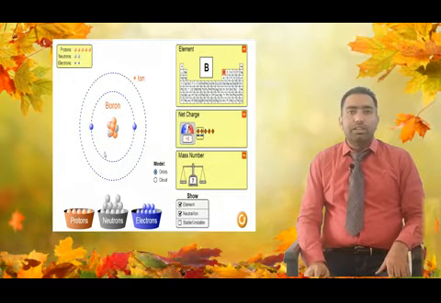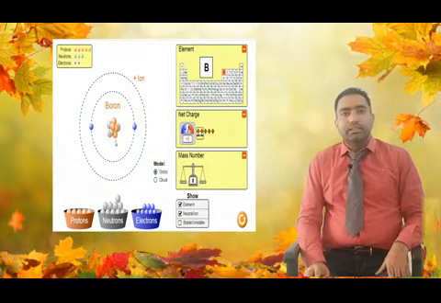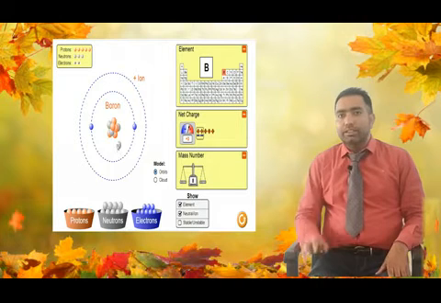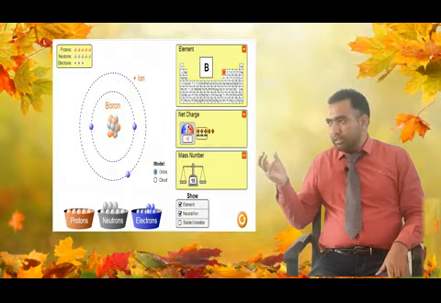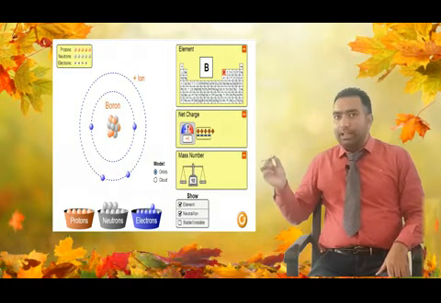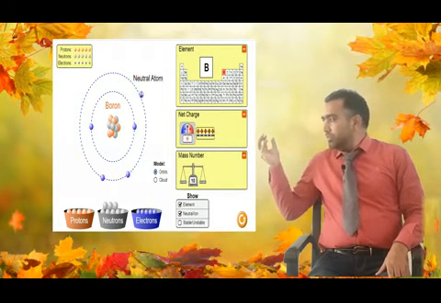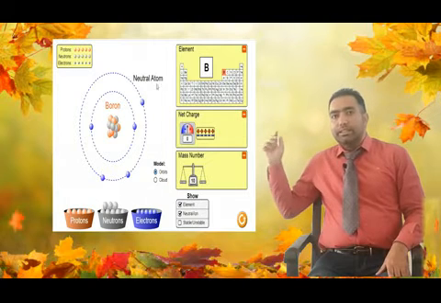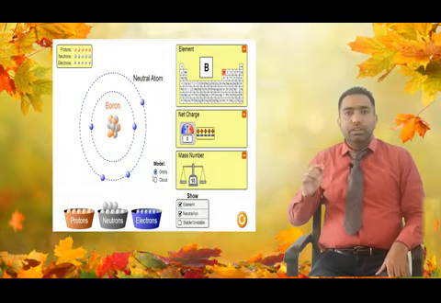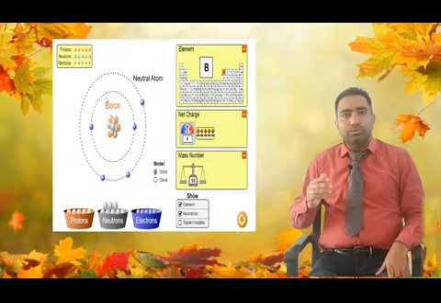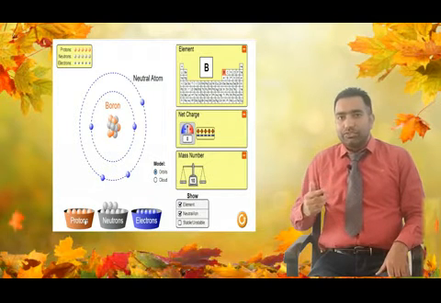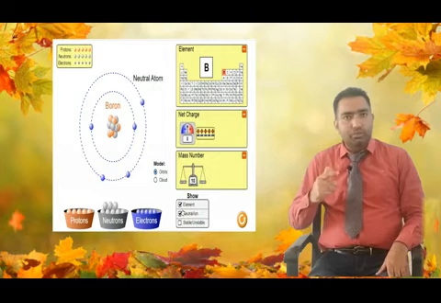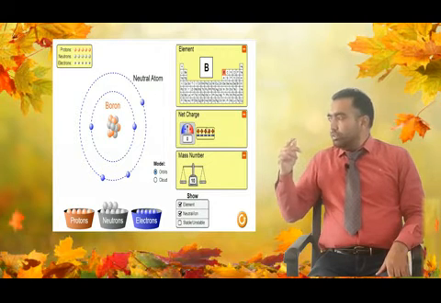Now what we can see here, we have added 5 protons. Simply, what I am doing is dragging the 5 protons from the proton bucket as shown below, and I have added 5 neutrons from the neutron bucket and put them in the nucleus. And you can see in the video that to make the stable boron, I have to add 5 electrons, and of these 5 electrons I need to add 2 electrons in the first